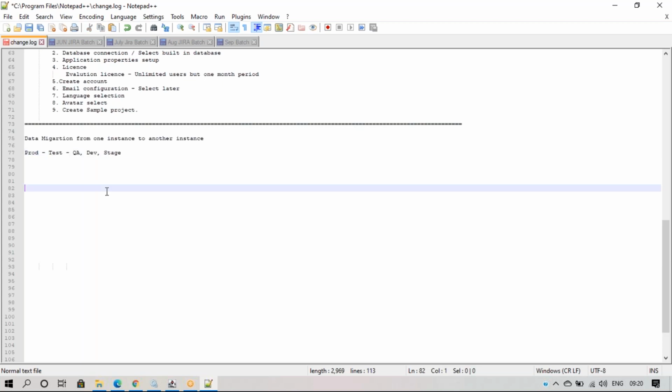Suppose I have a production instance with one project in production. They ask me to do some changes in that project. If I do it directly in production and anything goes wrong, it may affect the complete instance. They ask me to try it, but they don't know that we have a test instance here.